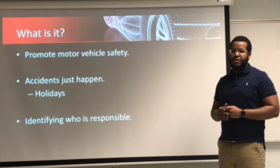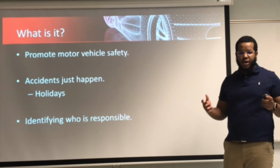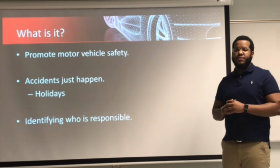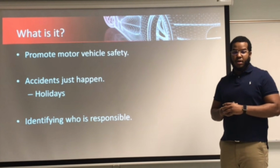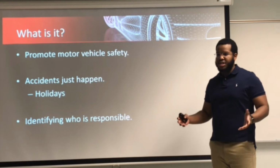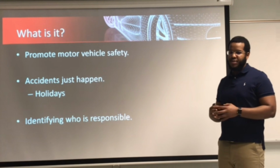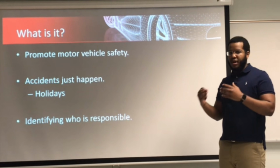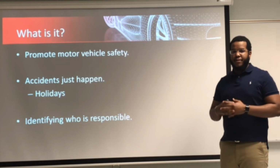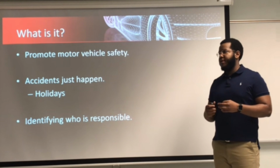Car accidents can happen to drivers anywhere at any time, as we know. Normally in the busy holiday seasons, packed parking lots and more frequent shopping trips mean an increase in fender benders and car accidents. This is where our project would come in handy. If someone backed into your car or walked on the side of it with the shopping cart or anything that happened to the outside of your car, photos will be taken, which will include the damage to the other's car or who did it, and your car. Their license plate will be shown and other views of the car. This data will be very helpful in identifying